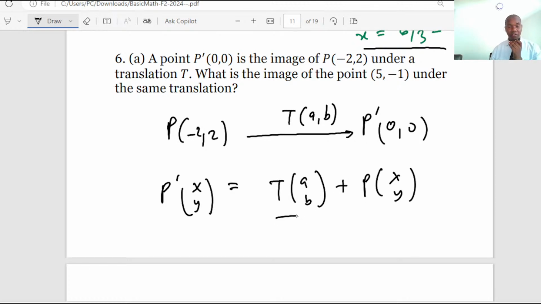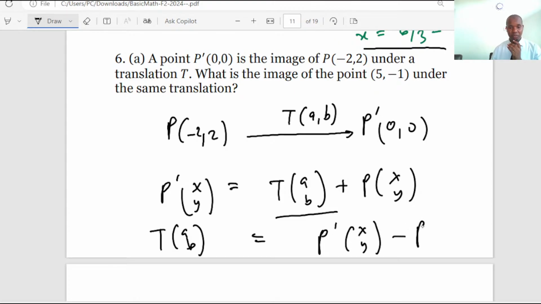So we are looking for T, translation factor A, B. I'll be taking P dash x, y minus point P, x, y. So finding the difference,